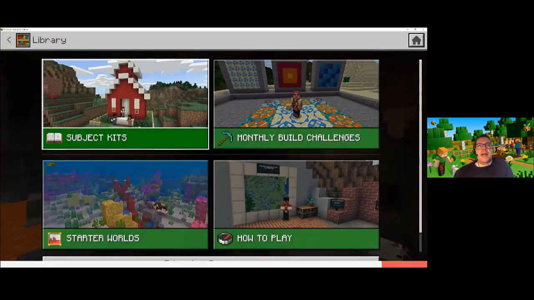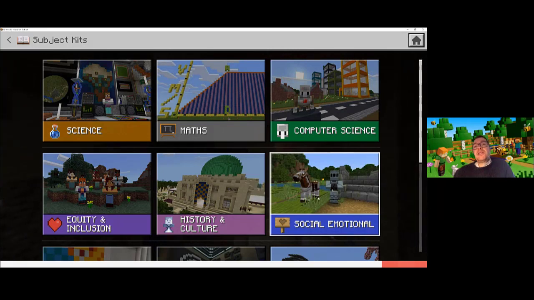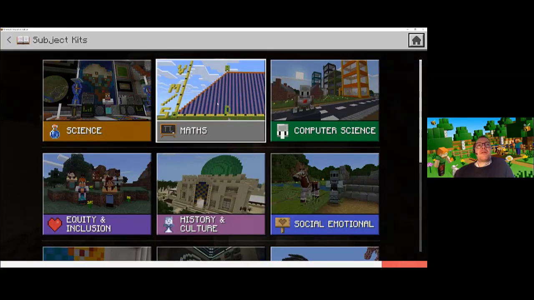And in the library, we have subject kits. So we have science, maths, computer science, equity inclusion, and the recently added social and emotional learning, which has some great resources in there. But if I were to click on maths,